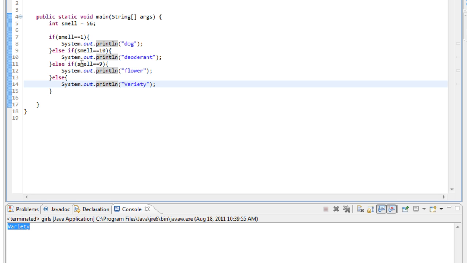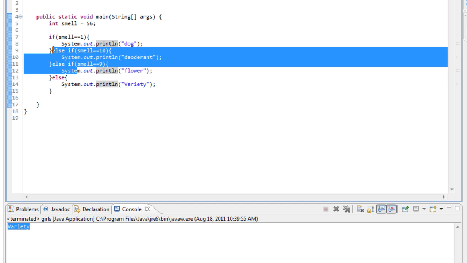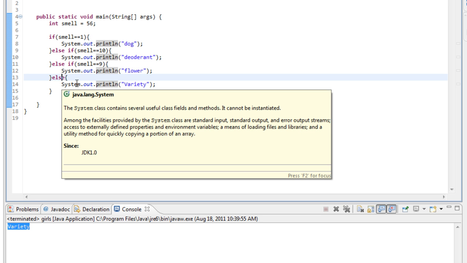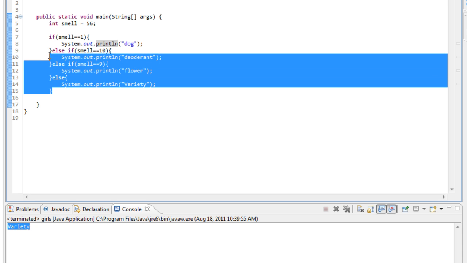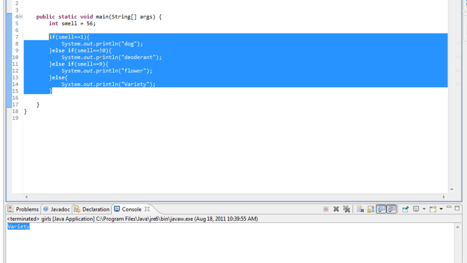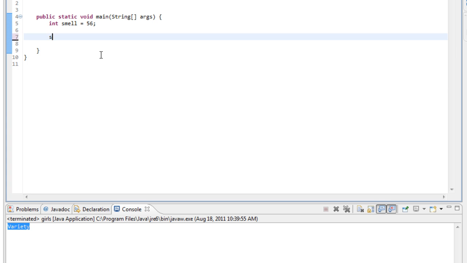But that's a lot of typing for something like that. And there's actually a simpler way of doing this. And this is what we call a switch statement. The way a switch statement works is it basically works the same way as this, and what you would do is go switch,